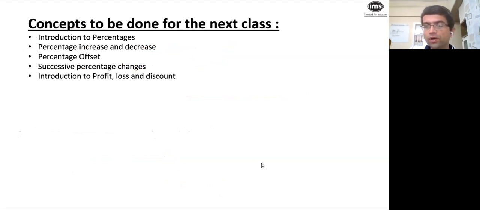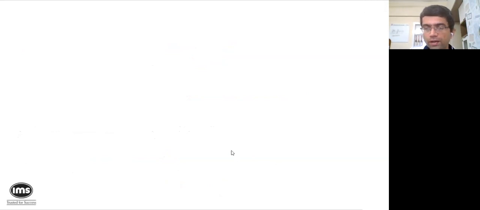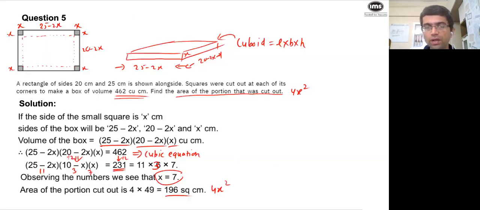Okay, why not 11 into 7 into 3? Okay, let me go back. There is a question, and let me then come to the, why not 11 into 7 into 3? Tanishq, you can do 11 into 7 into 3, but remember that all these brackets should be fulfilled with those values because x is consistent.